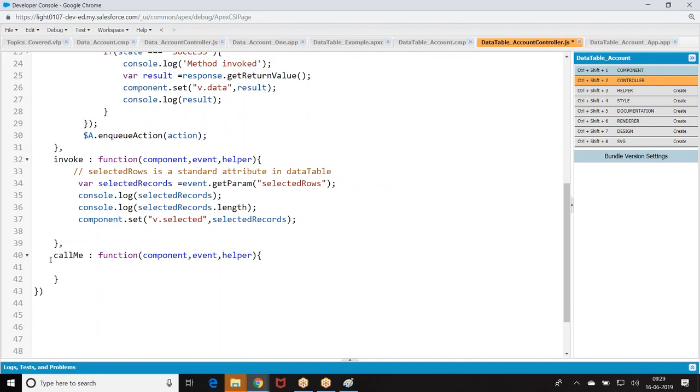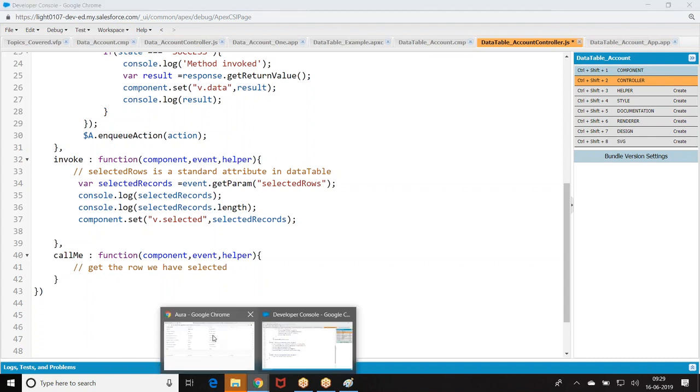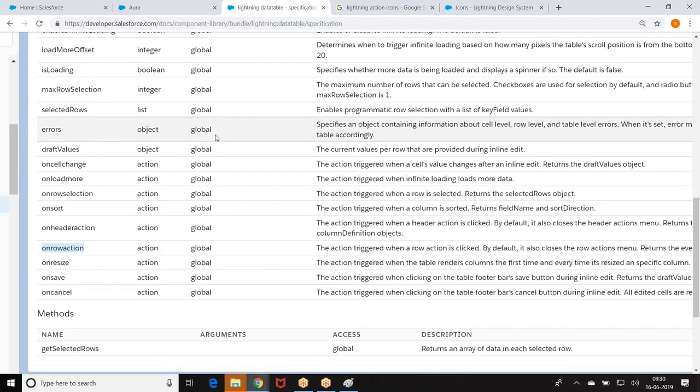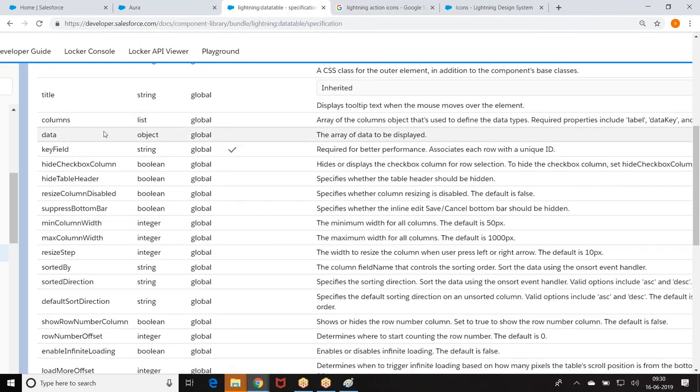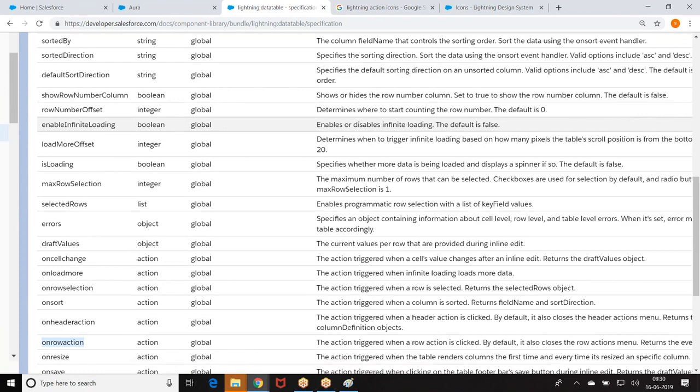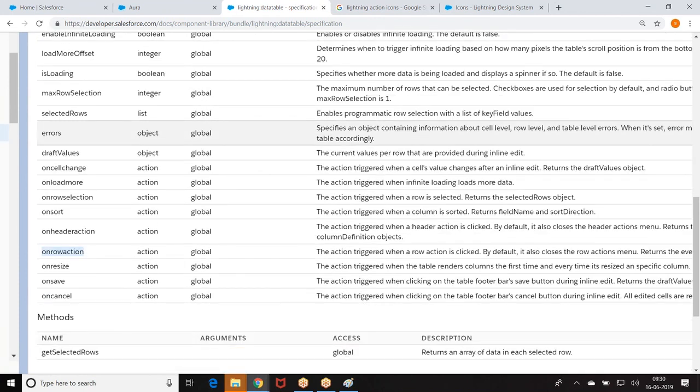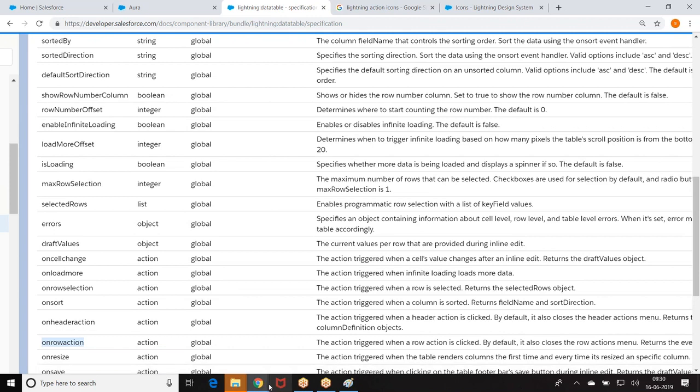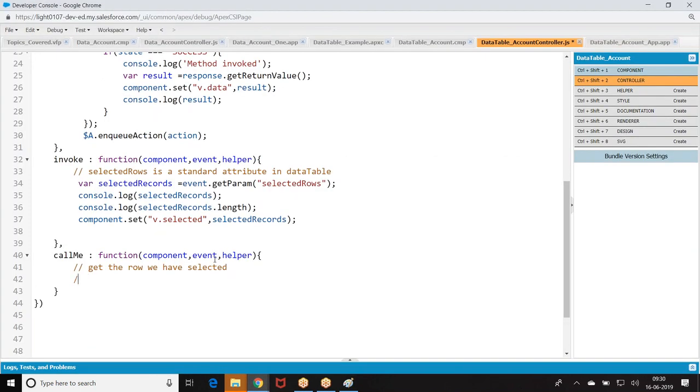Which row did you select? So, get the row. Now look at this. When I want to know the row, go to this. We want to know what is the row we selected. Now here we want to have an attribute called row, where row selected equal to this is event. On row action means it's an event. Event dot get param